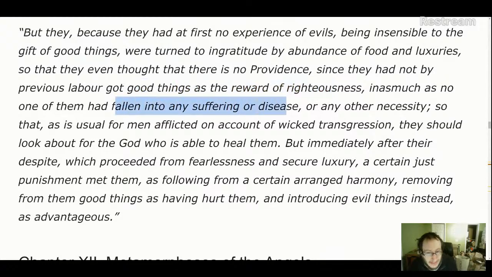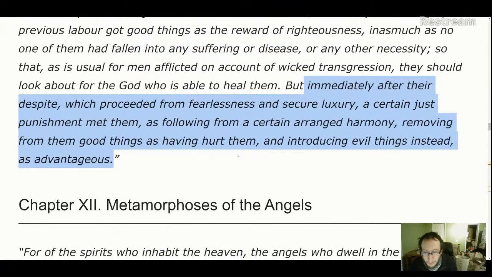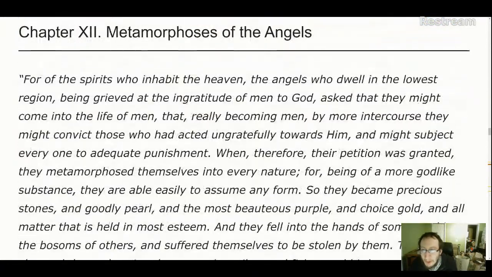Not one of them had any suffering or disease. Okay, so they were just full of sin. So then it says, the spirits who inhabit the heaven, the angels who dwell in the lowest region, being grieved